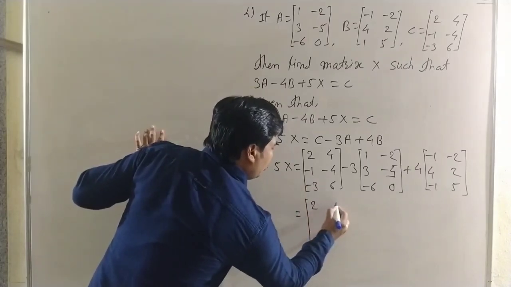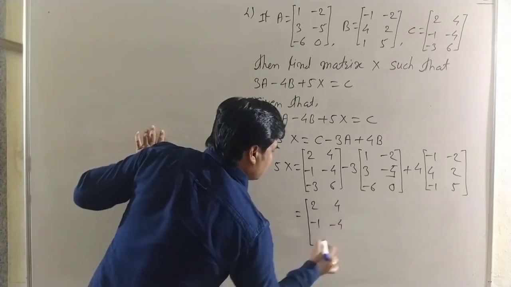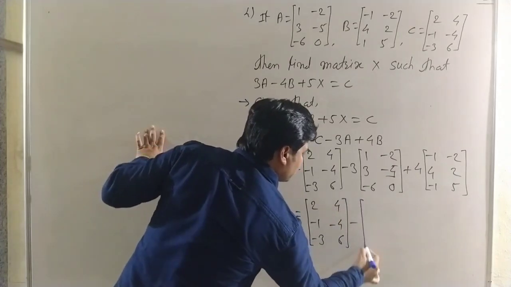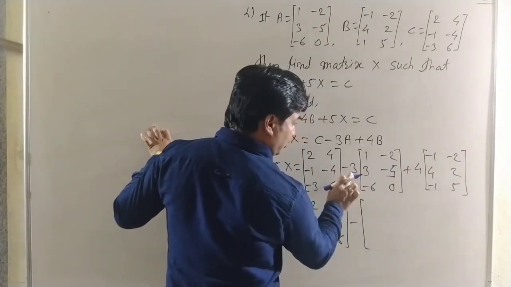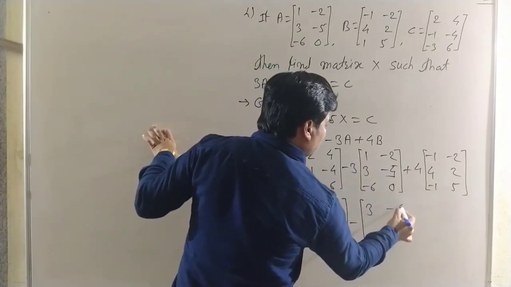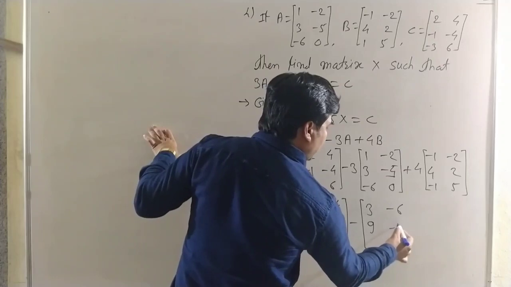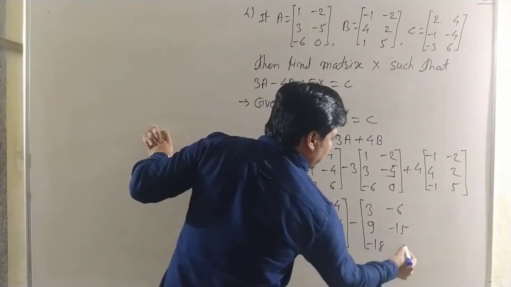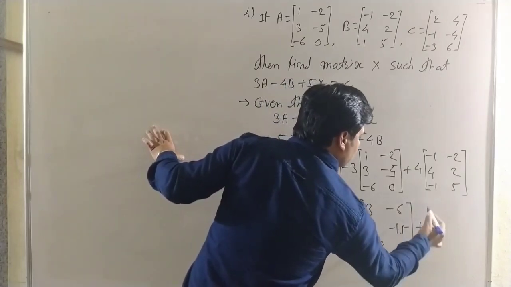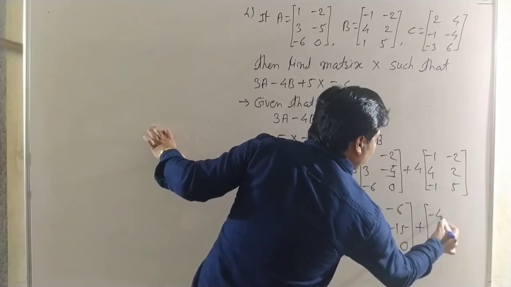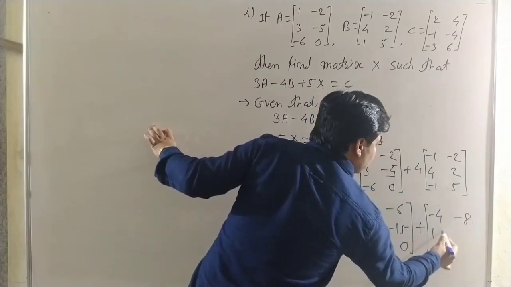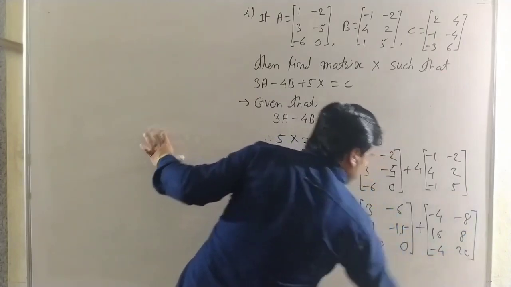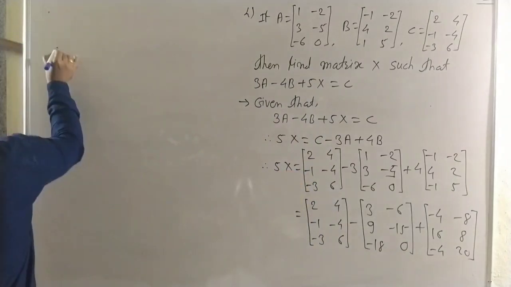the matrix C as 2, 4, minus 1, minus 4, minus 3, 6, minus, here we multiply by 3, see carefully, we multiply by 3, therefore 3, minus 6, 9, minus 15, we multiply only the 3, minus 8 as it is, minus 18 and 0, plus we multiply by 4, then it is minus 4, minus 8, 16, 8, minus 4, and here it is a 20. Okay, then we write here, therefore the 5X